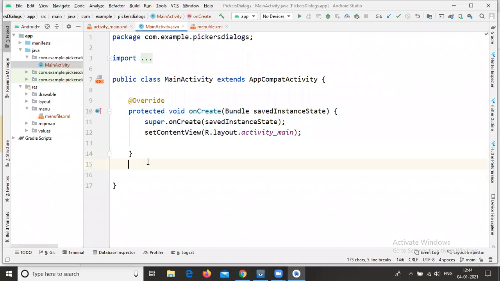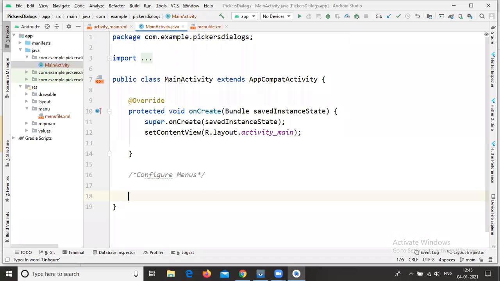Now inside this MainActivity.java file, we need to configure these menus. How to configure the menus? With the help of onCreateOptionsMenu.